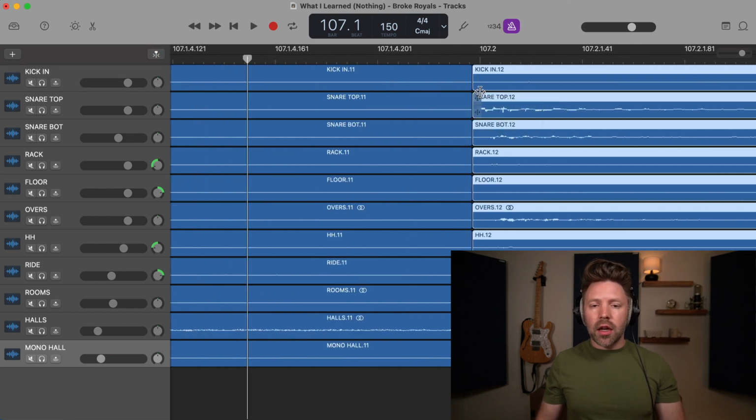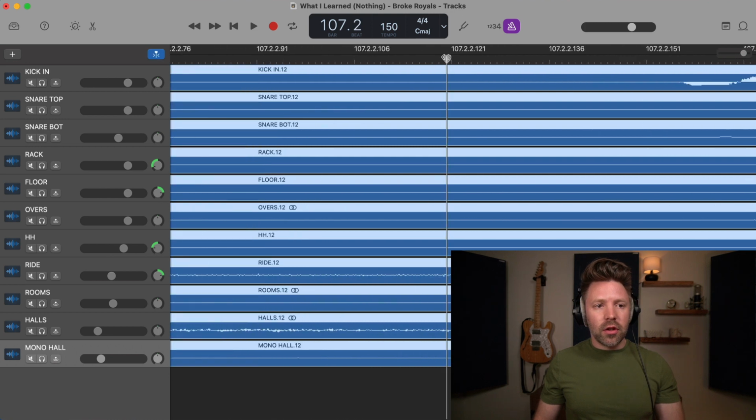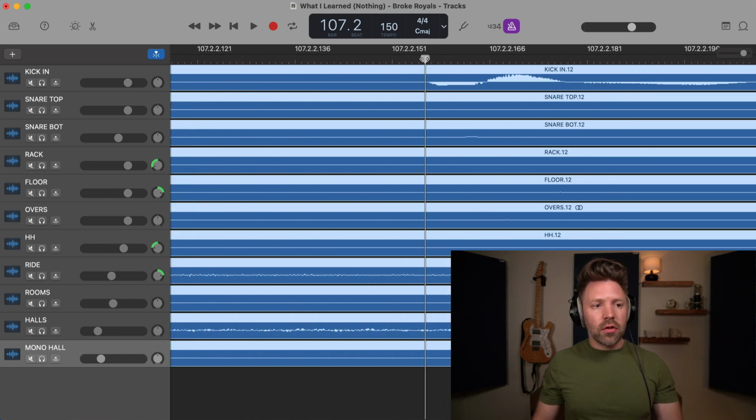And then I drag this back just a hair so that I'm definitely not cutting into the actual hit of the drum. Since I'm trying to trim as close to that hit as I can, I want to drag it back a little bit to give myself a little bit of margin right there. Let's go to the next hit. I'll go to the start of that hit, go to the very beginning, find where I started that hit,